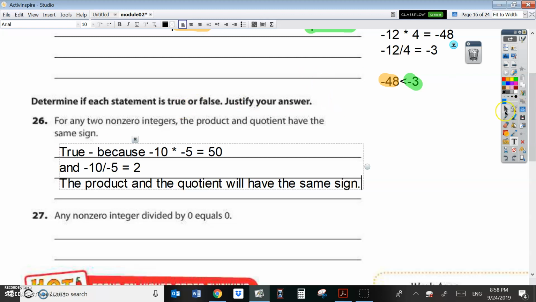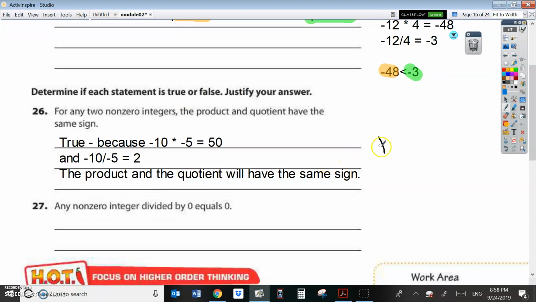Product and the quotient will have the same sign because good things happen to good people, and that's good. Bad things happen to bad people, and that's good. Or bad things happen to good people, and that's bad. I think I switched that. But anyway,